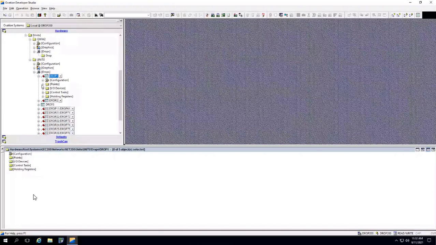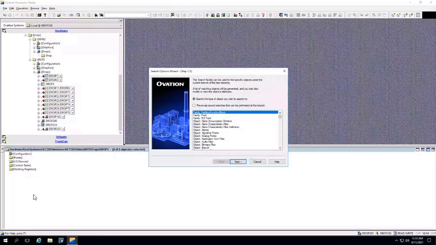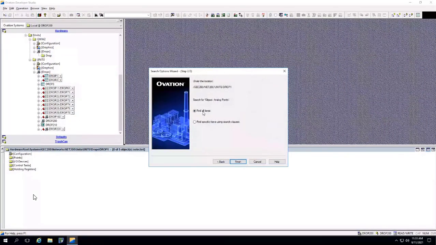So if I want to perform a search for all the analog points, right click, search, select analog points, next, find all and finish.